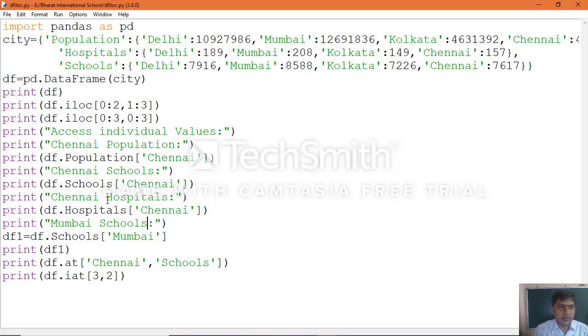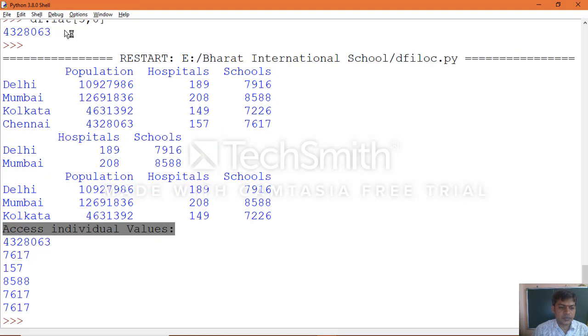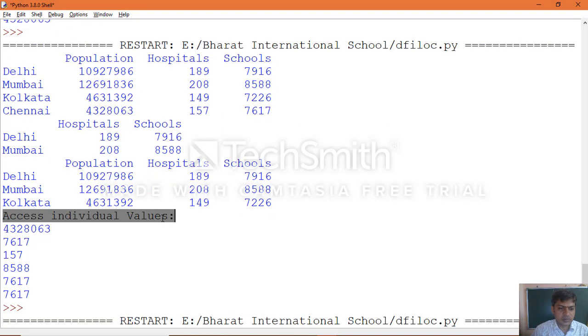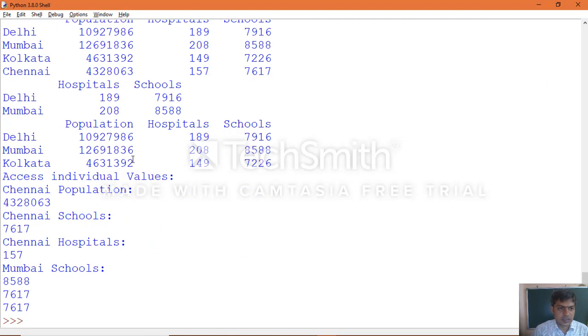You can see the output: access individual values, Chennai population, Chennai schools details, Chennai hospitals details, Mumbai schools. Another two we didn't mention. Like that you can mention all that you want to retrieve information from your application.